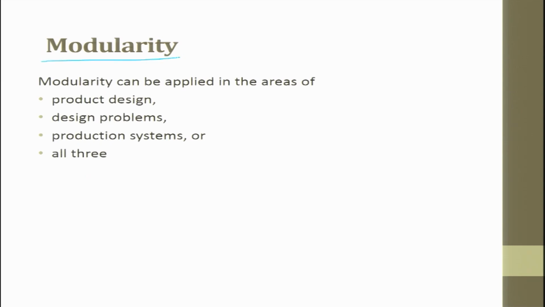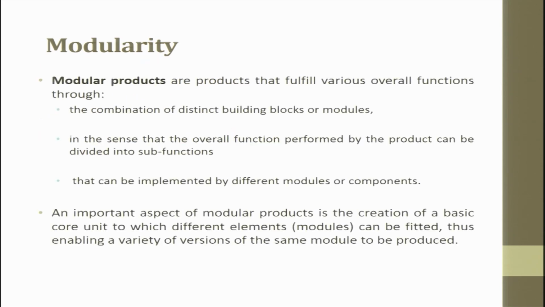Modularity can be applied in the areas of product design, design problems, production systems, or in all the three. Modular products are products that fulfill various overall functions through the combination of distinct building blocks or modules, in the sense that the overall function performed by the product can be divided into sub-functions that can be implemented by different modules or components. An important aspect of a modular product is the creation of a basic core unit to which different